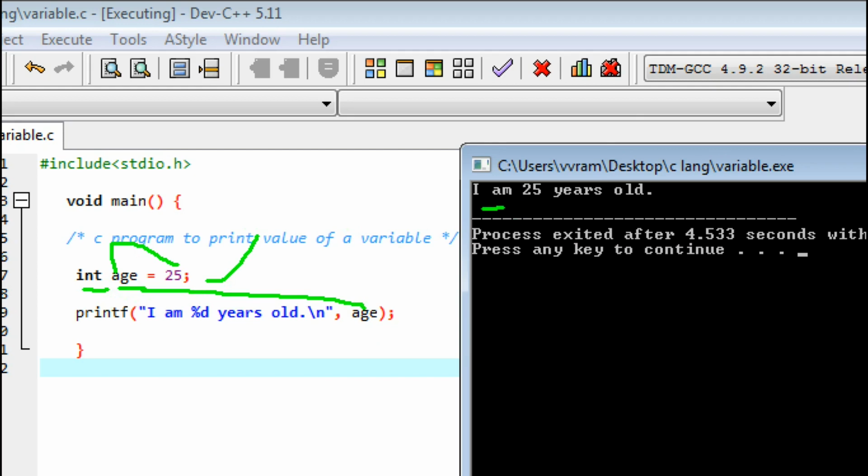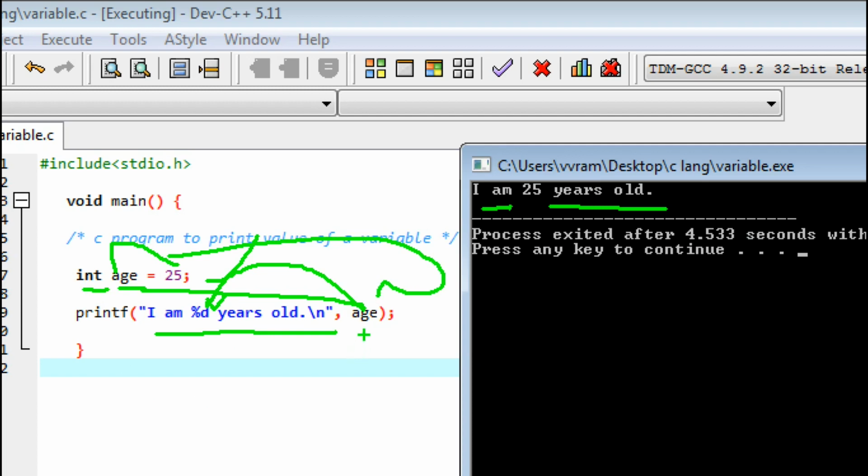Same, it is "I am 25 years old". The value which is stored in age will be taken by %d and printed here. "I am 25 years old." The integer age 25 is stored in age, and this age is sent to %d and printed here.